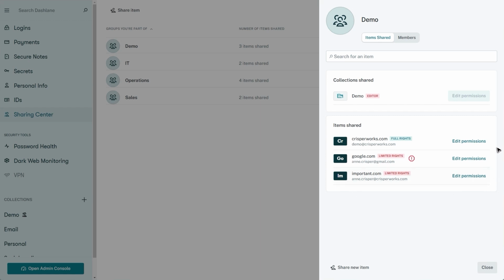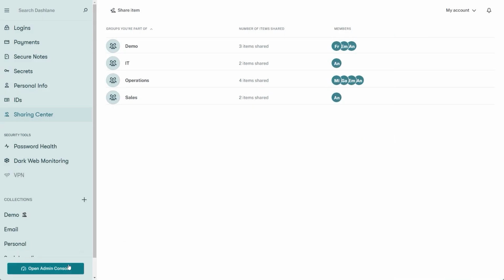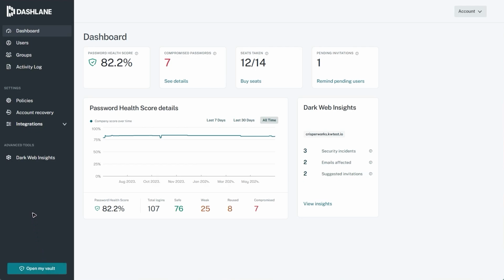So just a recap, from the admin portal, you will create groups, you will add users to groups, you can also delete groups. From the Vault, from the web app, mobile app, and so on, users on the groups are going to share items if they are part of the group. Users can also create collections and share collections with groups.